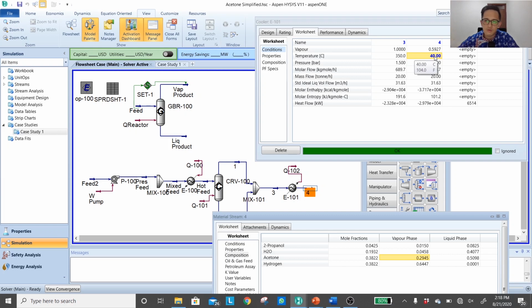Okay, if you want to check the second option for the cooling medium, let's say now we use chilled water. Chilled water means it contains some refrigeration, and let's say that the temperature now can be cooled even down to 10 degrees C.